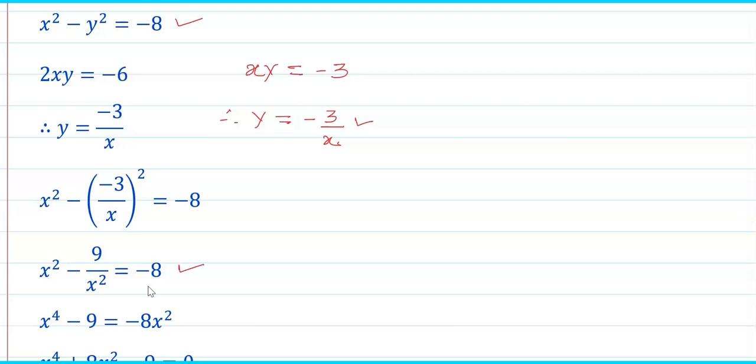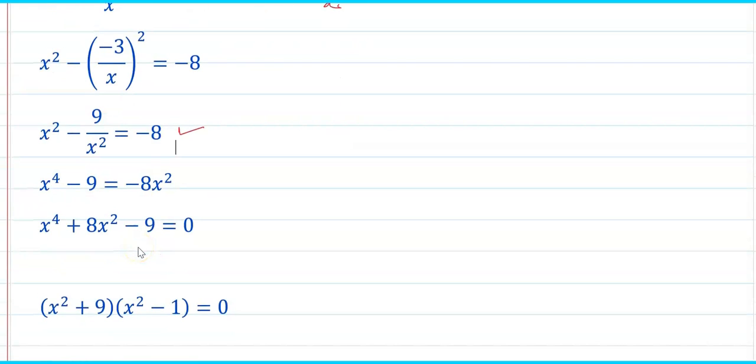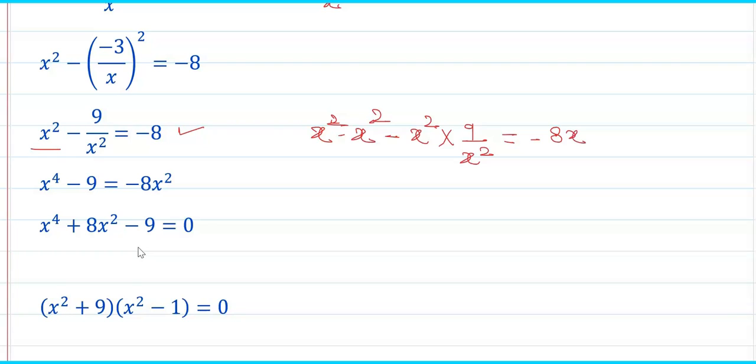Multiply on both sides by x square. If we multiply this equation by x square, then what will you get here? x square into the first is x square, minus, what about the next? x square into 9 upon x square, equals to minus 8 into x square. This x square gets cancelled. x square into x square, you will get x raised to 4 minus 9, and that is equals to minus